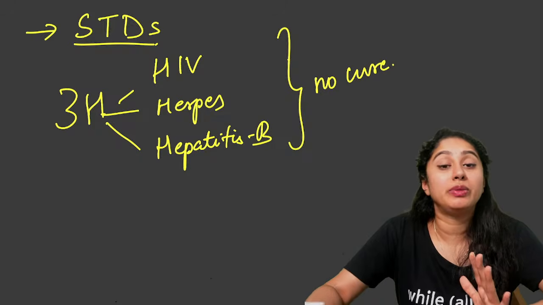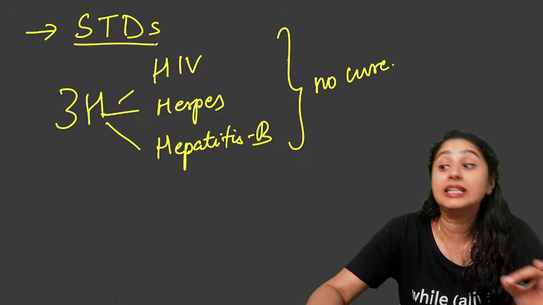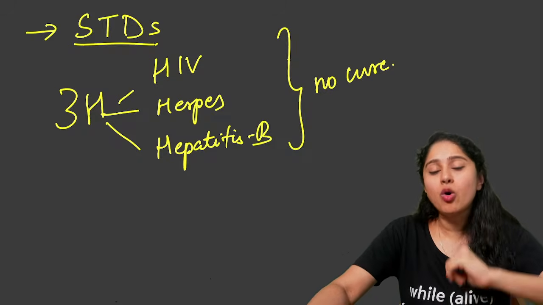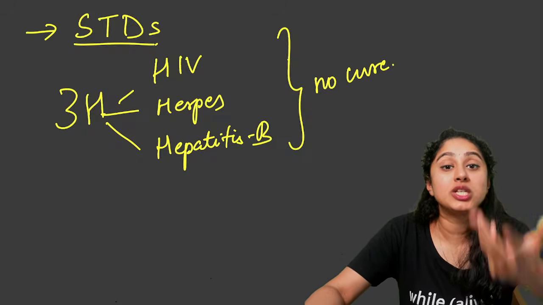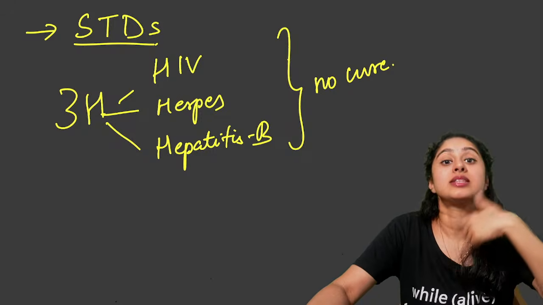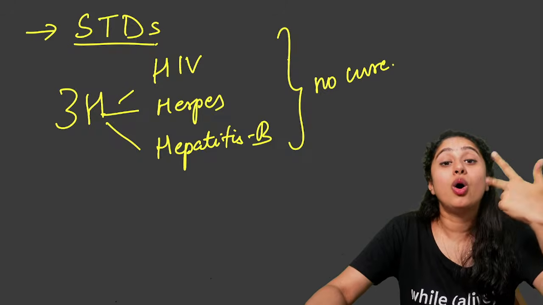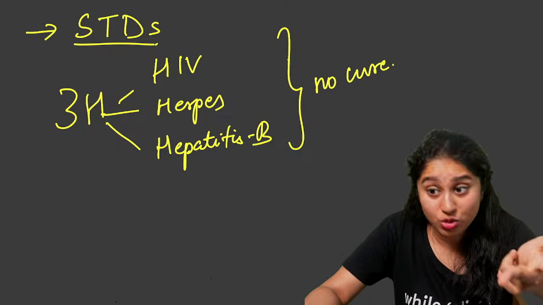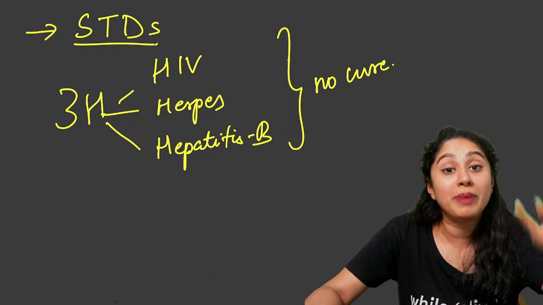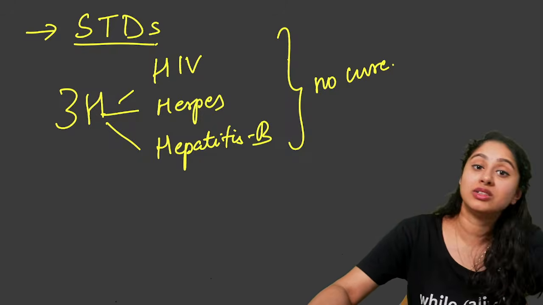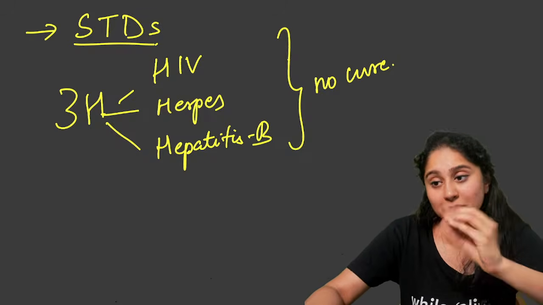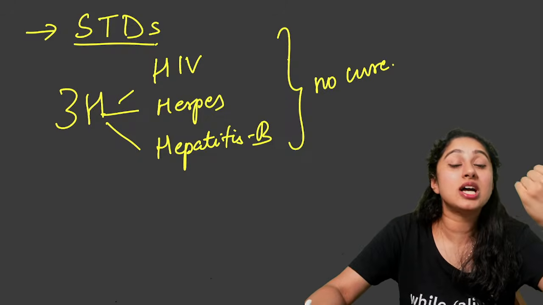All of these can be cured if you find it out at the earliest stage. Is that clear? Now, all of these are majorly spread because of having multiple sex partners, having unprotected sex, or because of blood transfusions in the case of HIV or hepatitis B. And in the case of babies also, it can transfer from the mother to the fetus in the pregnancy itself, through the placenta itself. So these are the chances of getting the disease.